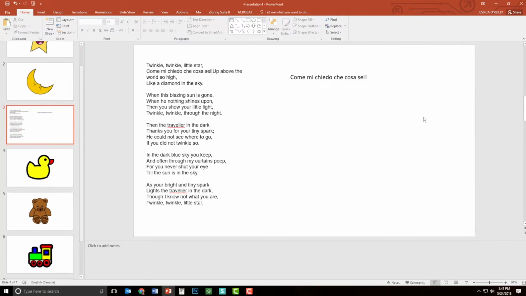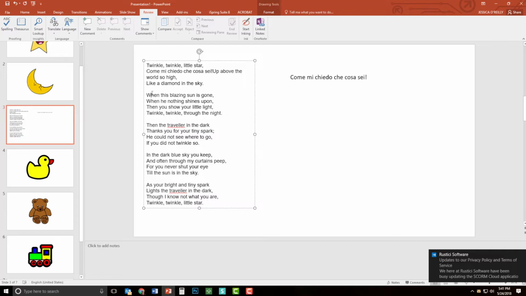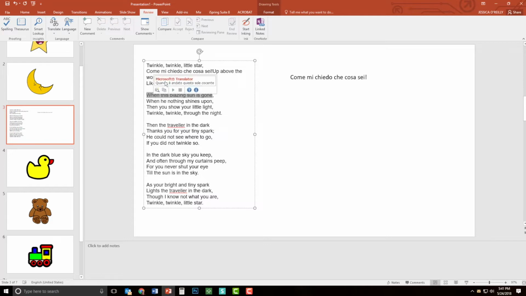There's another option available that is a bit finicky and doesn't work as well, and that's this Review Translate Mini Translator. So the description is pause on words or selected paragraphs for a quick translation. But when I try to do that, I can find it somewhat difficult to bring the actual text up. See how it's there, but you have to hover over it to make it work. Once you get it working,